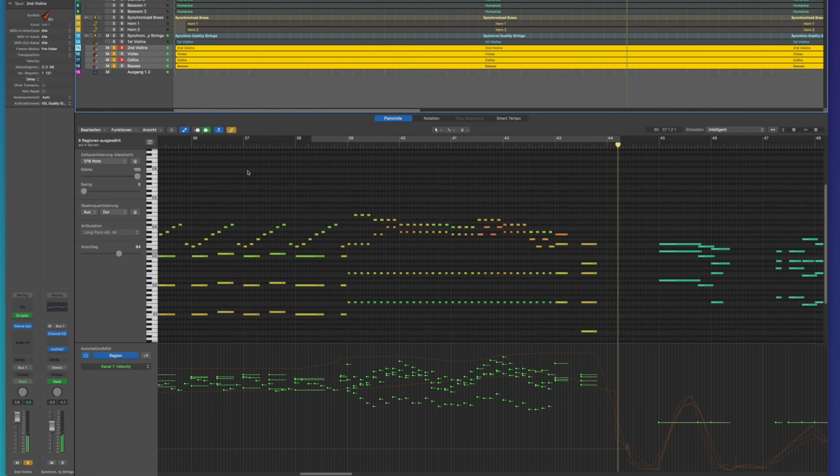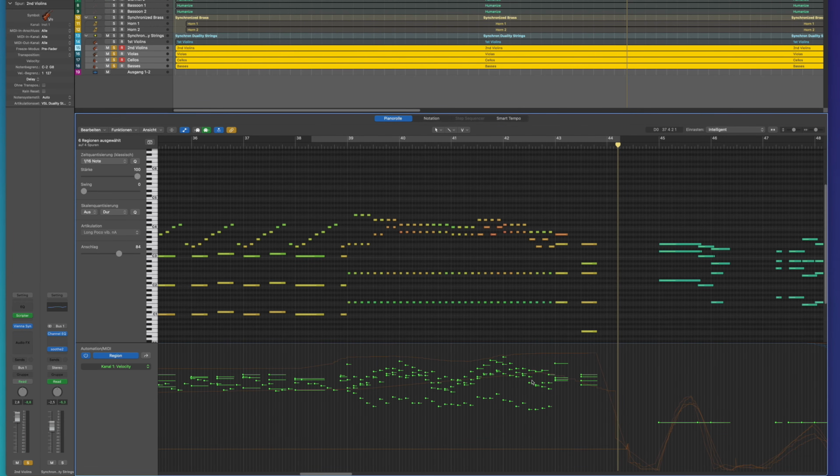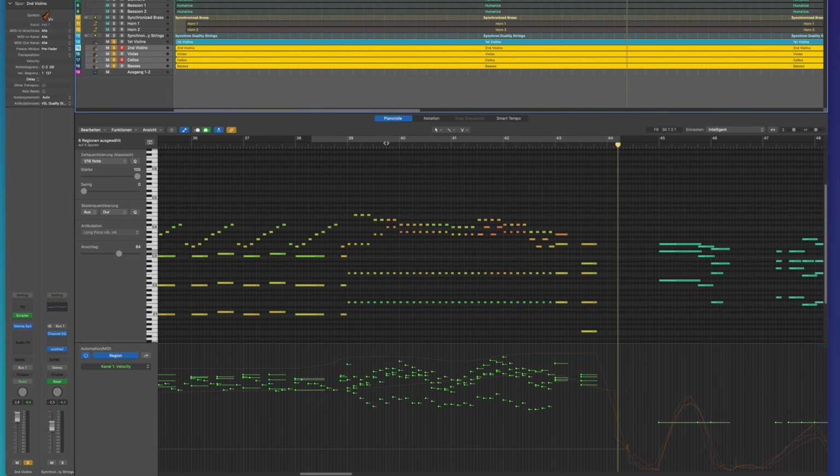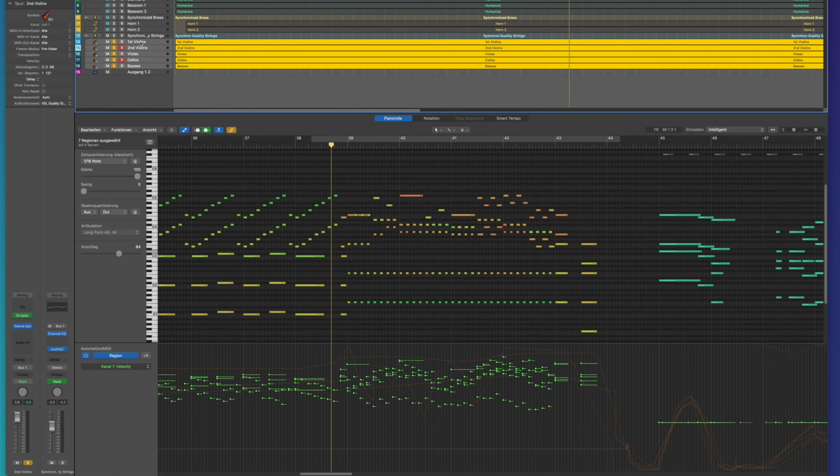My goal here was to avoid having everything sound too static and have sort of a fluctuation of energy that matches the melody of the first violins. Interestingly, you don't really notice the effect if we add the violins back in again. It is very subtle, and I think it works on a rather subconscious level.